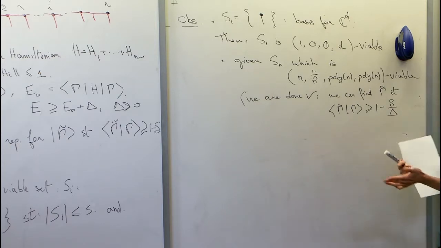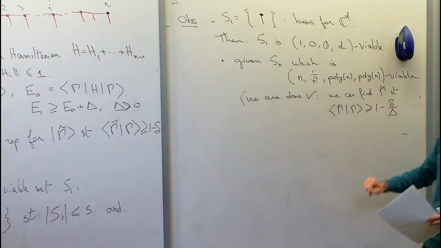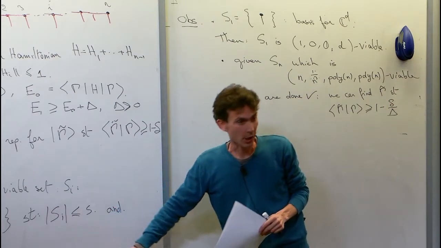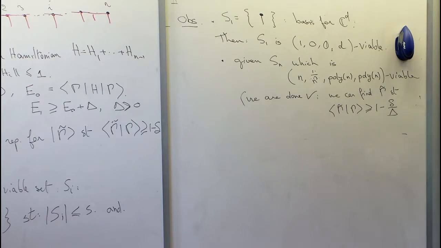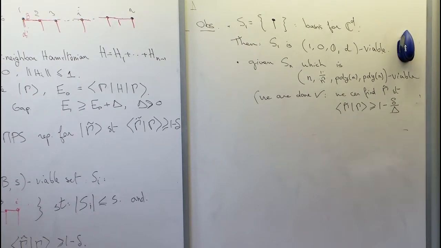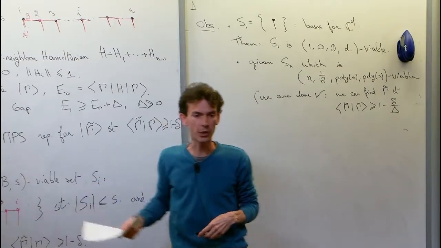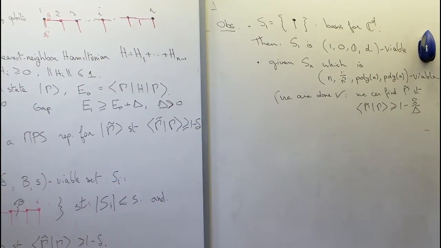This is just so far a definition, right? And the definition says that if a set is viable, then there is a good approximation to the ground state which lies in that set. But you don't know, right? Oh, so I'm using the gap. I'm sorry. Yes. So if I minimize the energy over my set, because of the gap, the vector that I find is necessarily going to be a good approximation to the ground state, given that there was one in there, of course, right? So my promise is saying that I can find a state that has low enough energy. Yes, you didn't mention uniqueness. I didn't mention it, but I guess you're right. You're right. So I am using uniqueness and the